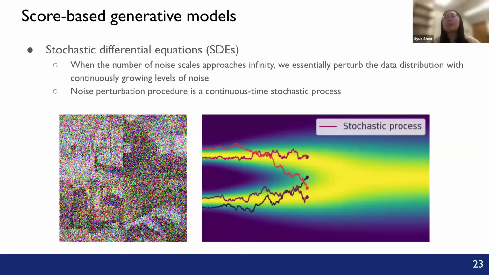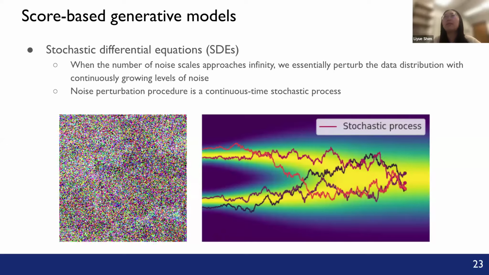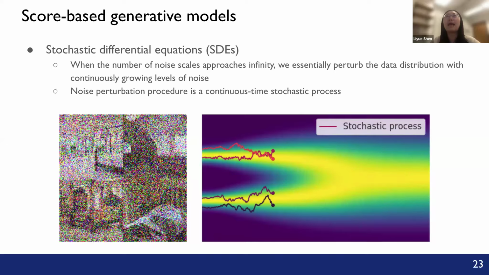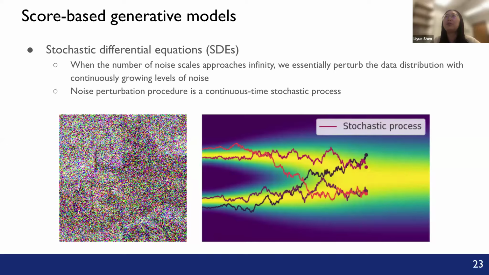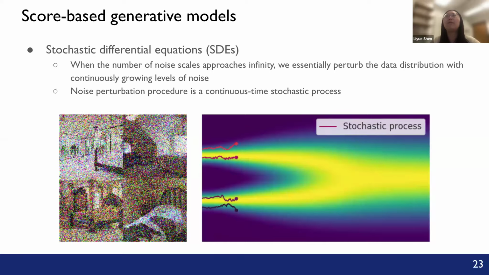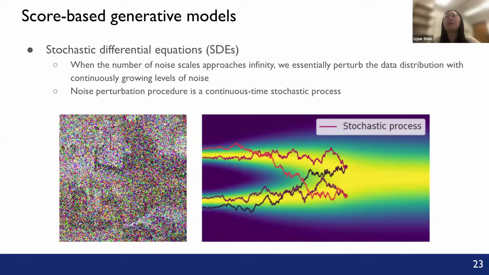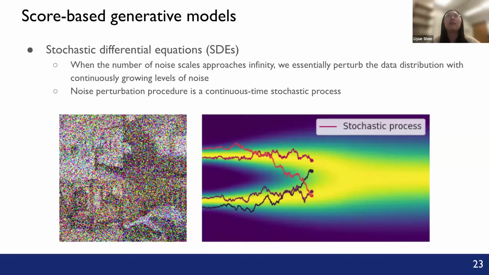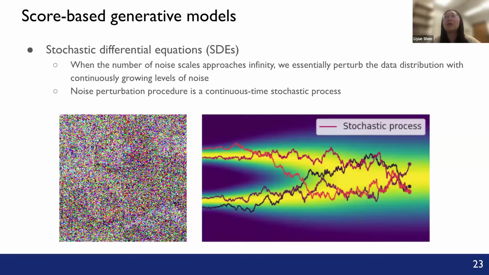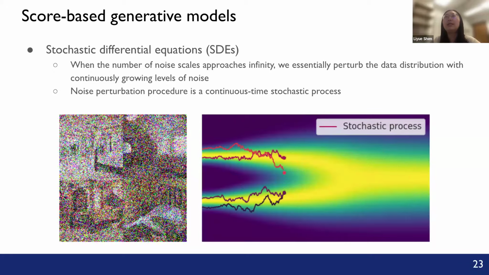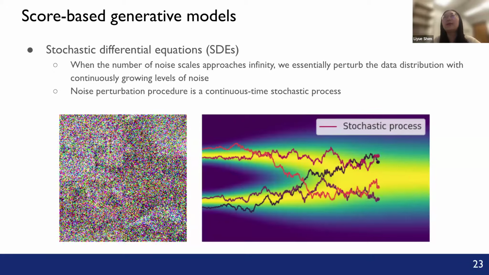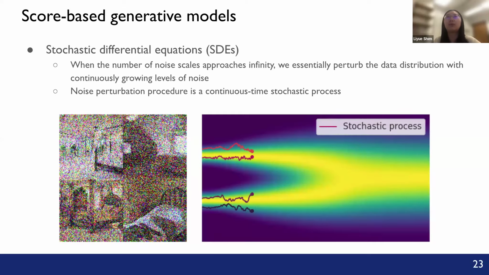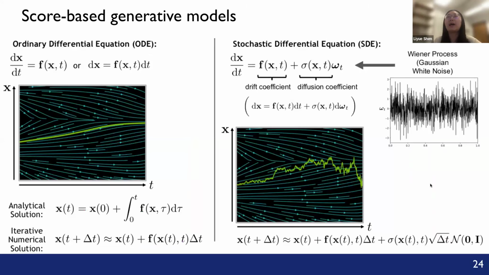And if we expand the previous methods to a noise scale that can be sufficiently small, until infinity, we can perturb the data distribution with a continuously growing level of noise. In this way, we represent the noise adding process through a continuous-time stochastic process. In order to best understand this, let me give some background information to recall your memory about